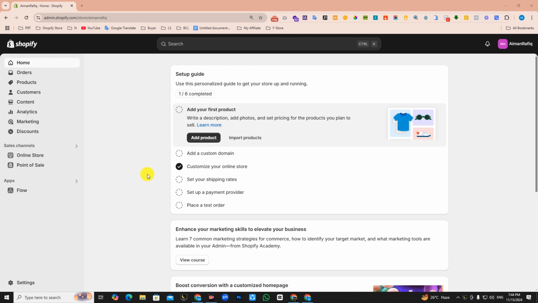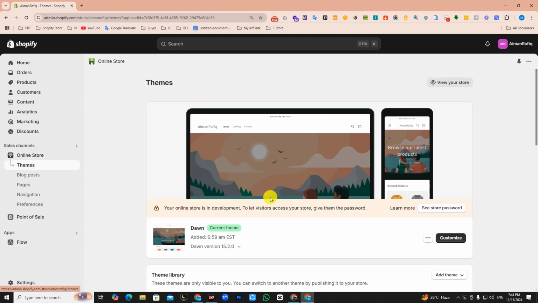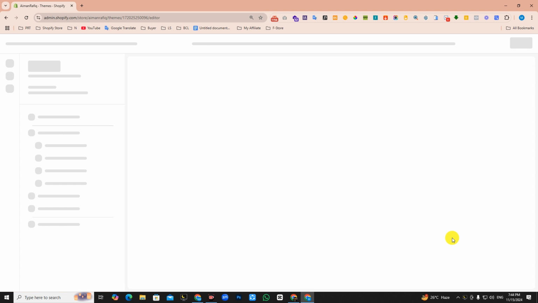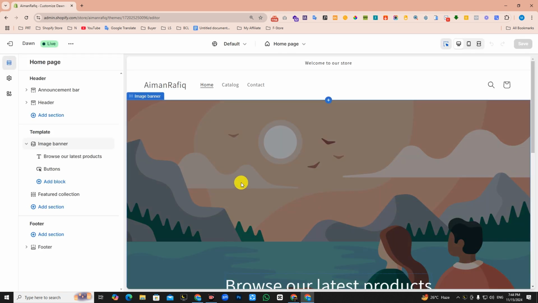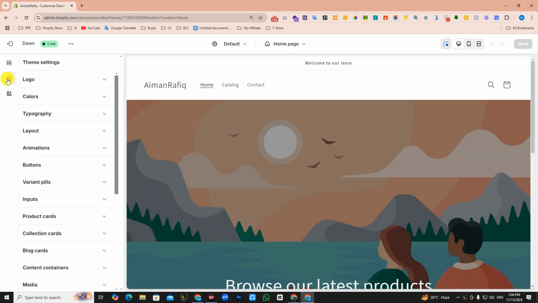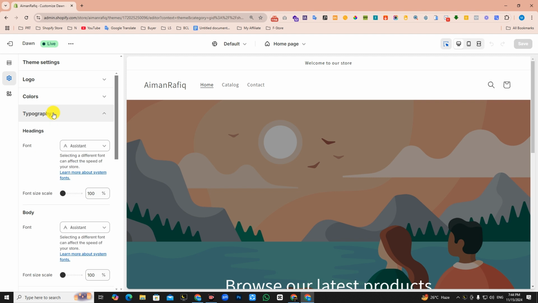When you want to change font size in Shopify, we first log into our Shopify store. Then we go to the customize option from the online store. Then we go to settings from the left side. Then go to typography. And from here basically we change font name and font size, but here we don't have